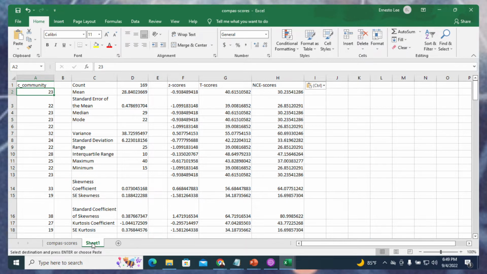So what I'm going to do is rename sheet 1. I'm going to rename this to Univariate Analysis. Univariate Analysis. Almost to the point where we can start to pull value from this data that we have here. So our next step